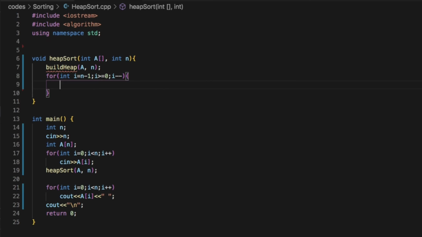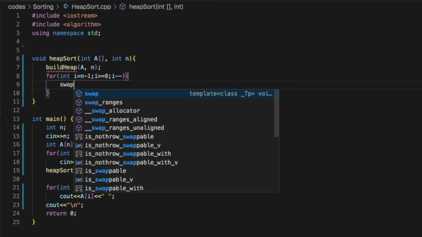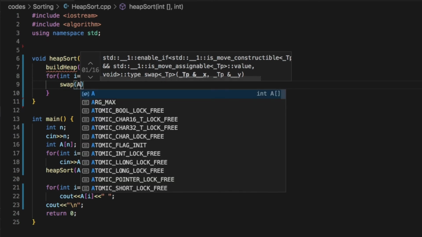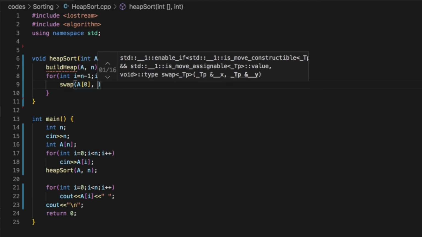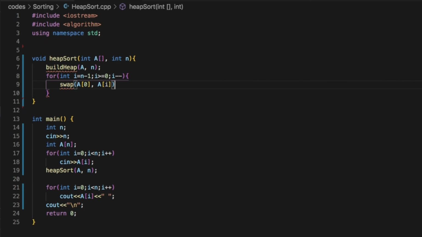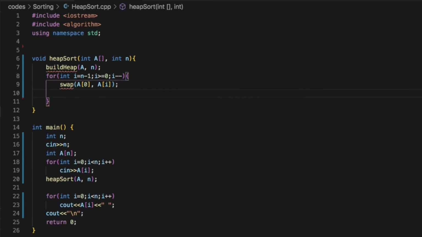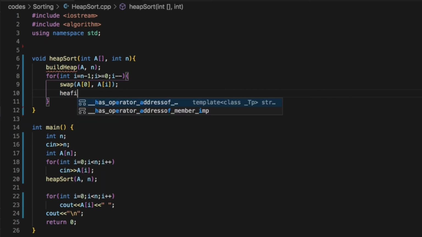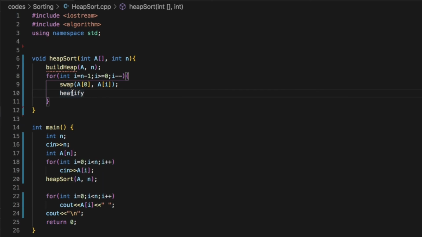And at each iteration, we swap the elements A of 0 with A of I. And after swapping, we adjust the heap by calling the heapify function. There are three arguments to this function, namely the array A, the value of n, which in this case is I, and the value of I, which is 0.